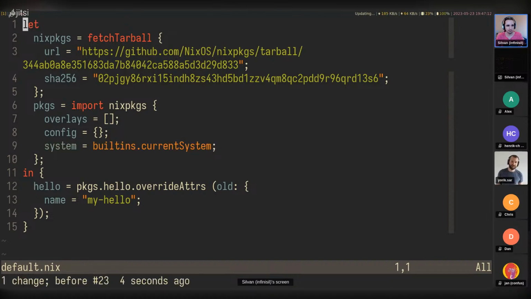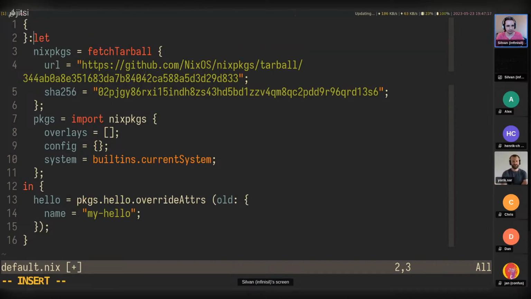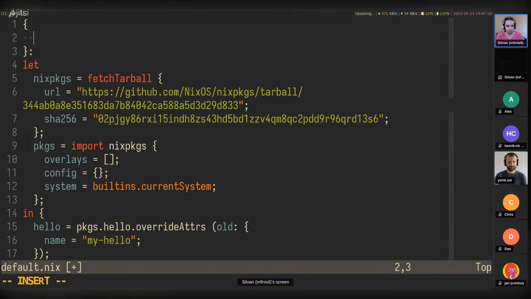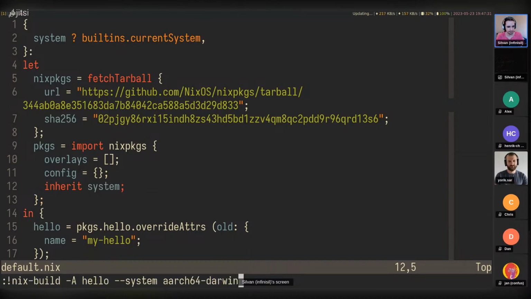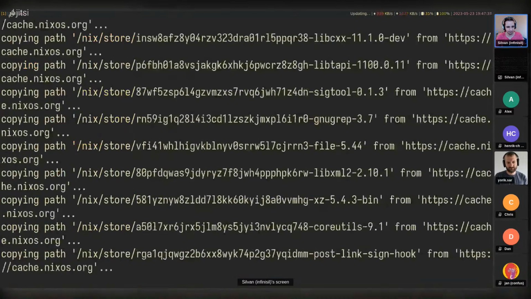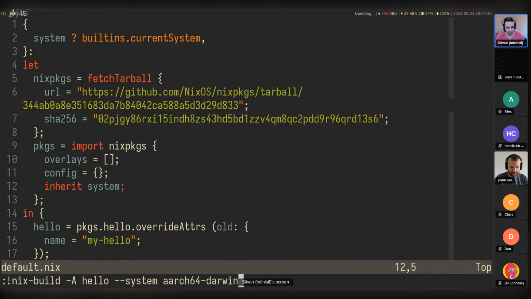But to make it a bit more generic and customizable, we tend to make this a function argument up here. So we say system is by default builtins.currentSystem, and then we're just going to inherit this here to propagate the value. All right, now we can select the system on the CLI here. So, I mean, this works.